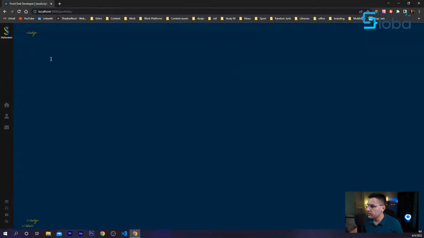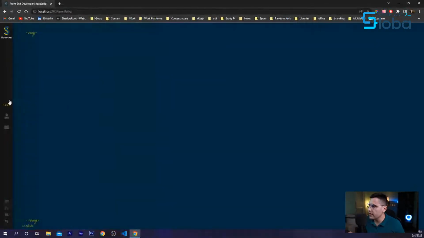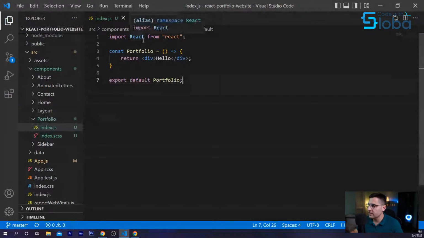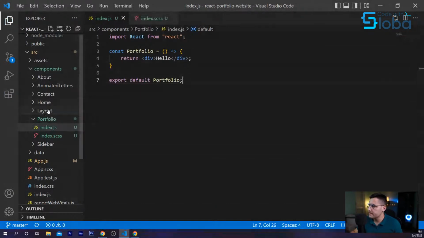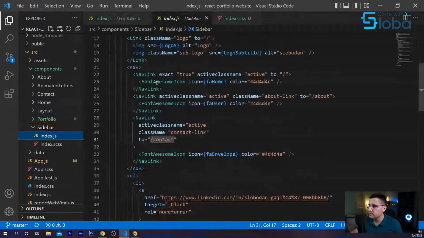Now the first thing which I want to do is to create an icon here, so that we can navigate and see the actual page itself when it's active. I will leave a little bit of screen so you can copy the text that I'm creating. On the sidebar index.js file, we have the navigation here. We have it for the homepage, for the user, and for the contact.